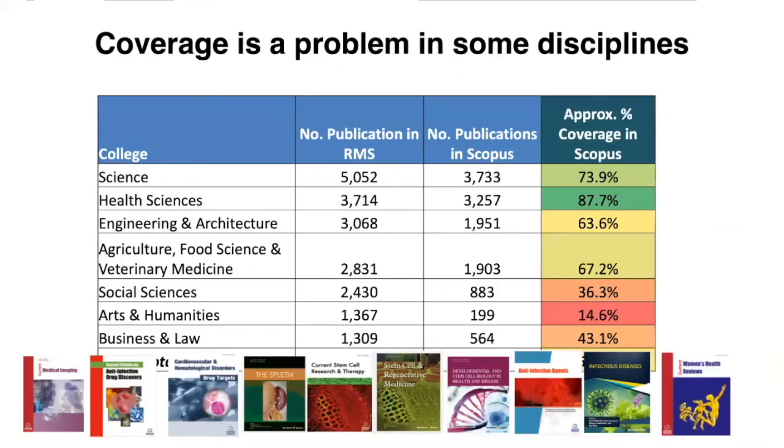Now, we do know, of course, that impact factor as a metric has problems across different disciplines. Of course, if you're a humanities or social sciences researcher, you're not going to be so happy about the whole concept of impact factor for journals at all, because there are fewer journals in those subject areas and fewer of those journals are listed in databases like Scopus. As you can see here, it's much harder for your average humanities or social science researcher to target journals with decent impact factors. There are just fewer of them.